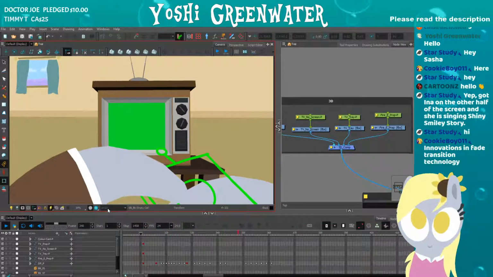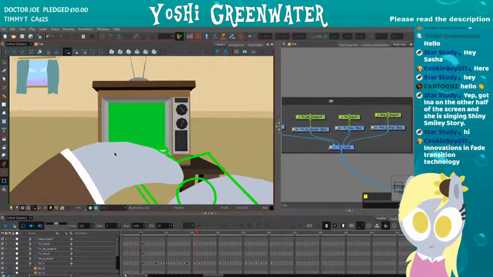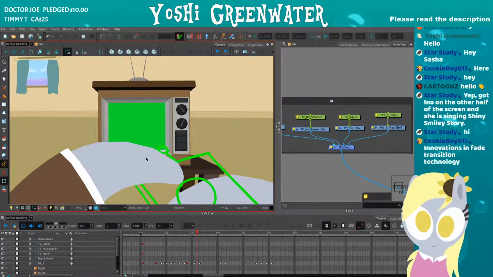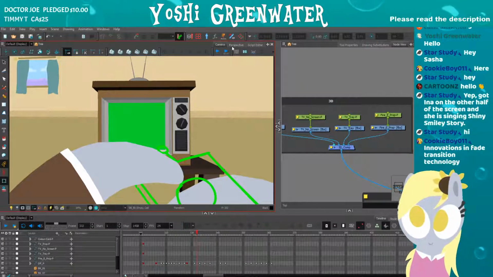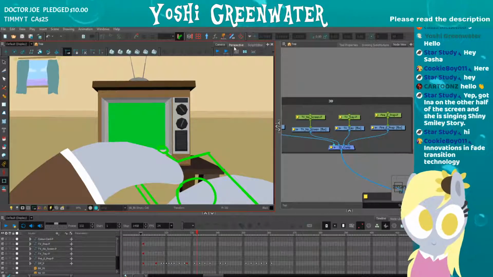I'm gonna have to animate this, or reanimate it, because I had the hands actually be layered in 3D space behind the TV, so I had to bring them in front. I think last time I clicked this perspective, which actually does show this really well, it broke my computer. Let's see what happens if